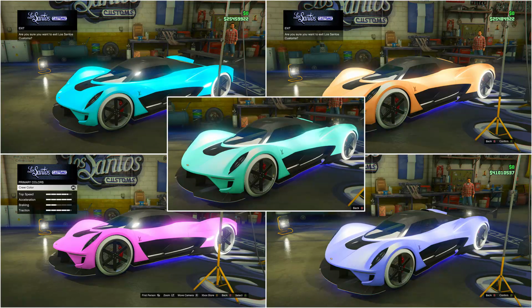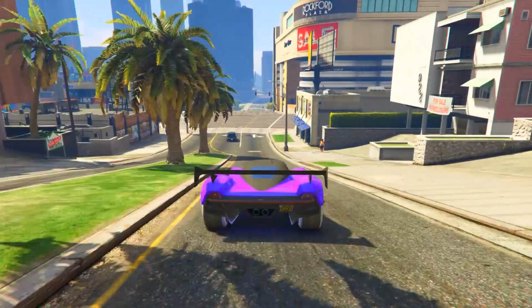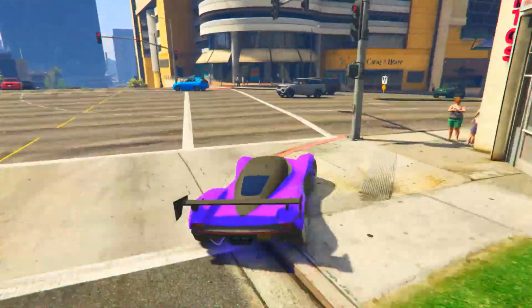On today's video, I'm gonna be showing you guys how to get 5 modded crew colors in GTA 5 Online. And this here is part 6 to this series,